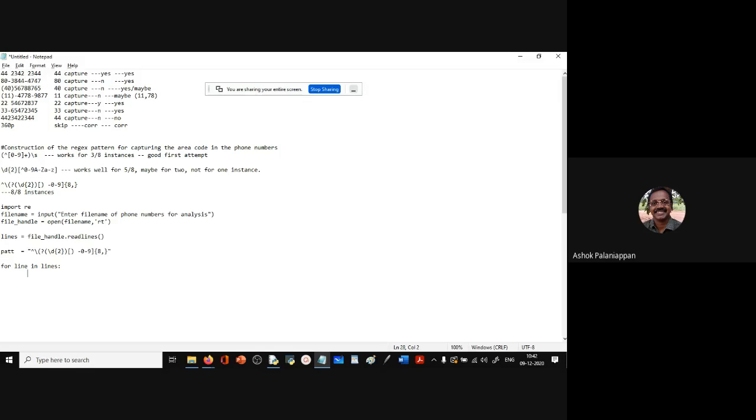Now what we do is we say match object, isn't it? So match obj is equal to re.search. Can anyone tell me what are the re.search arguments here?